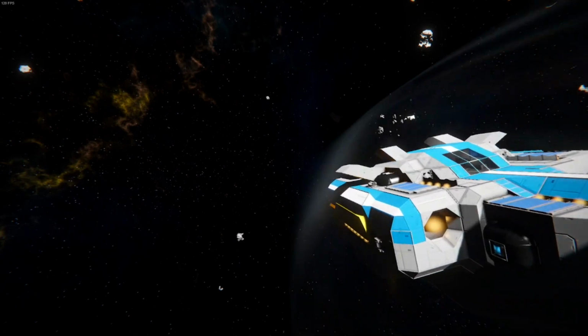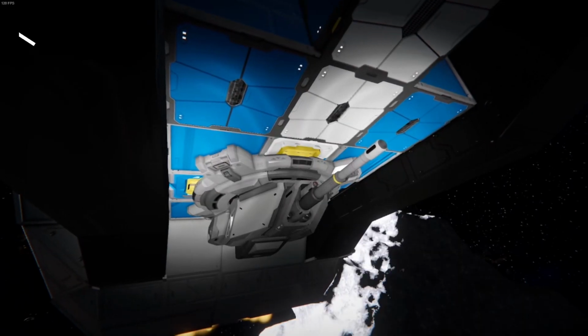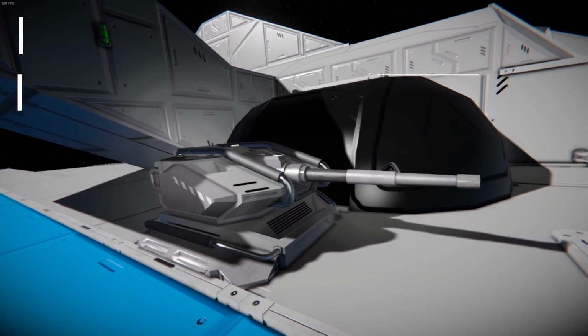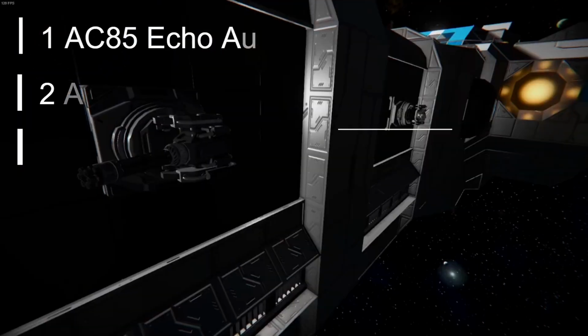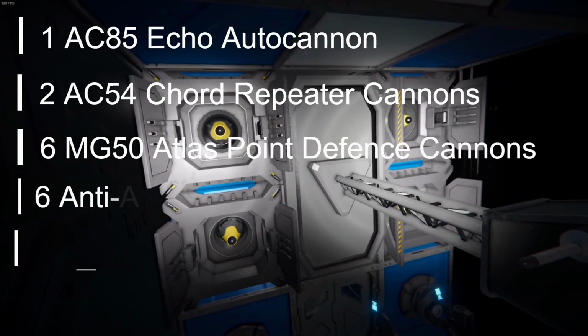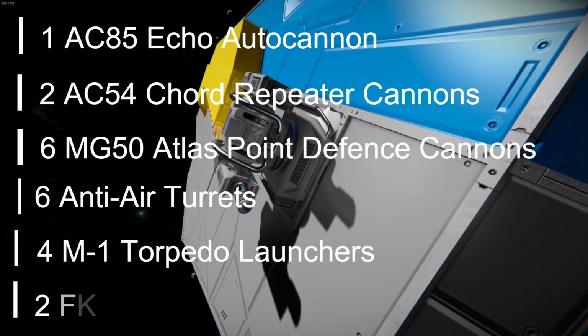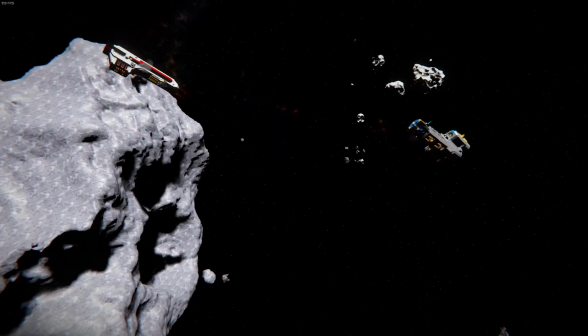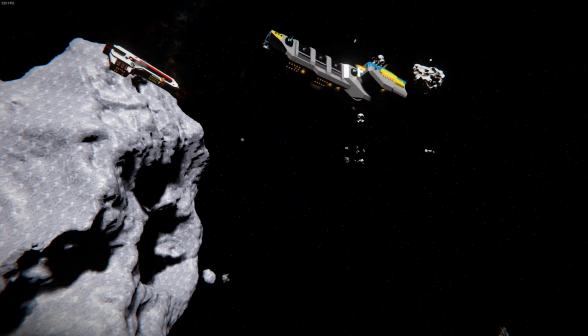The Nebula's arsenal comprises 1 AC-85 Echo autocannon, 2 AC-54 Cord repeater cannons, 6 MG-50 Atlas point defense cannons, 6 anti-air turrets, 4 guided M1 torpedo launchers, and 2 FK-15 Riptide flak turrets. The offensive capabilities of the Nebula allowed it to engage enemies at long range and hit-and-run warfare, which is common